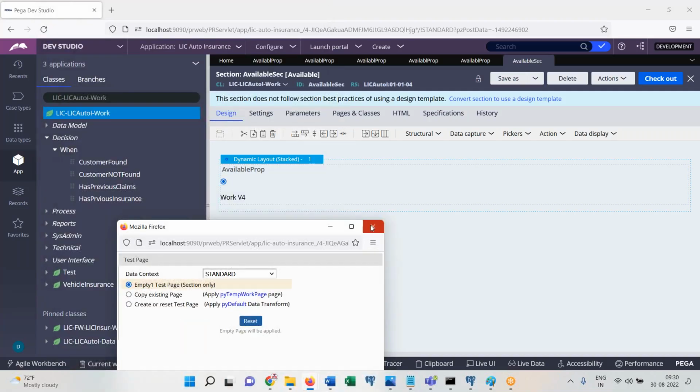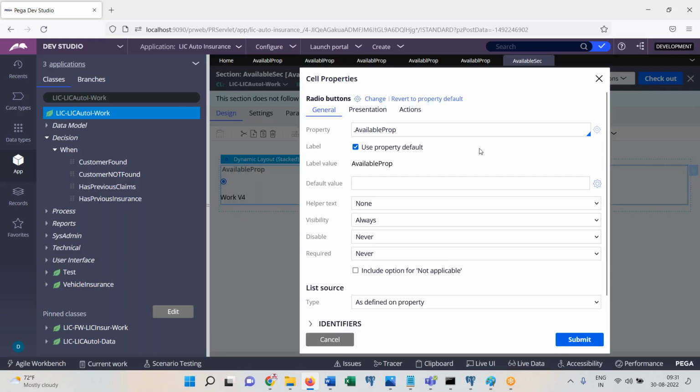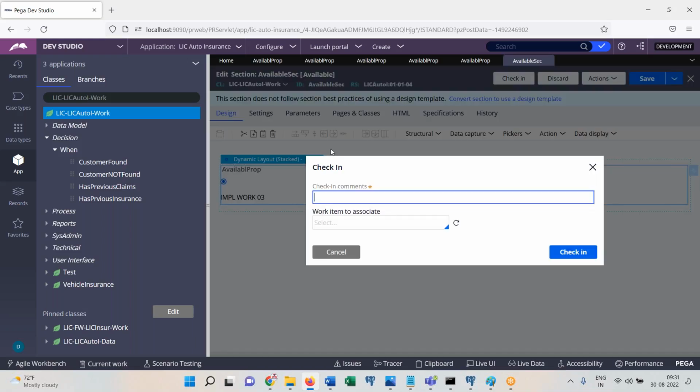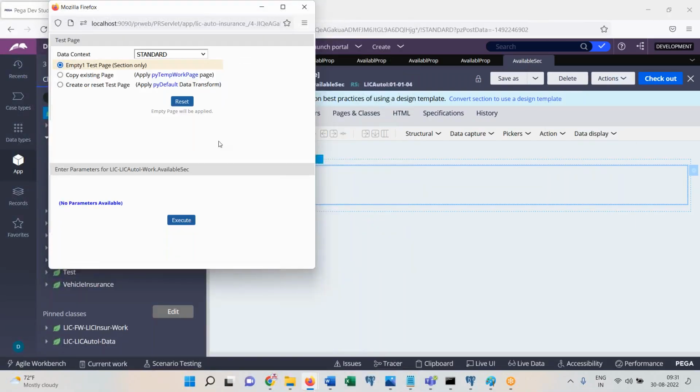Did I check that in or not? Hold on. Actually, why is it showing work class? Somewhere I forgot to check in one rule, I think. Where is this coming from? Work and 03. I did not even give that, right? Is that the wrong property? There are 2 properties. Yes, wrong property. Sorry. Okay. Anyhow, the previous one will be working as it is, and this time you see